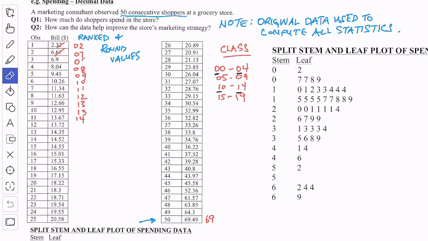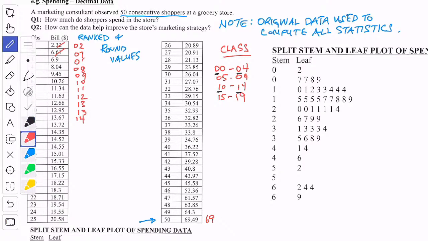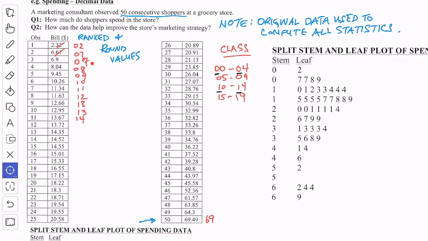That's also 7. And that will go here as well. And then 8 will go here. 9 will go here. So what I'm doing is grouping together like numbers in equal intervals, so I can see